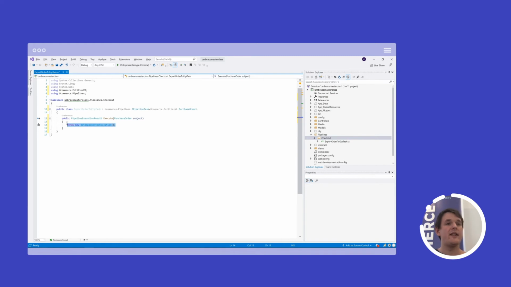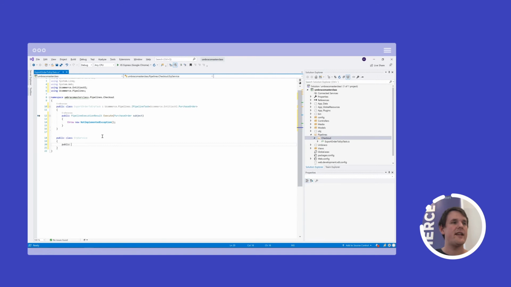So we know that we have to implement this interface. What we also do know is that we have to adhere to the single responsibility principle. So let's create another component that we also inject into our pipeline task. EAP service.